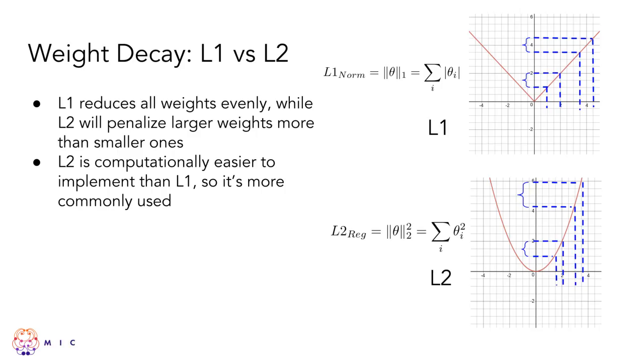Okay, so what this actually means, the difference then between L1 and L2, is that L1 will reduce all of its weights evenly because it's subtracting this one constant from all of the weights. What L2 does, it penalizes larger weights because of that square, right? So it'll penalize larger weights more than it'll penalize smaller ones. So this is why L1 causes sparsity and L2 just restricts and pushes down all your weights: when you're reducing your weights by this constant, the ones that are small are going to get zeroed out, and the ones that are large are just going to be reduced by that constant.